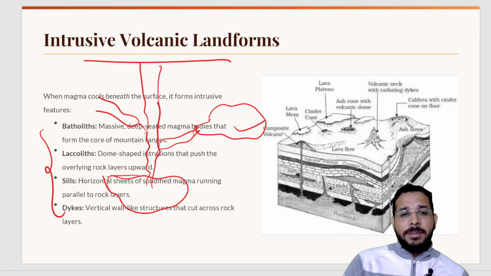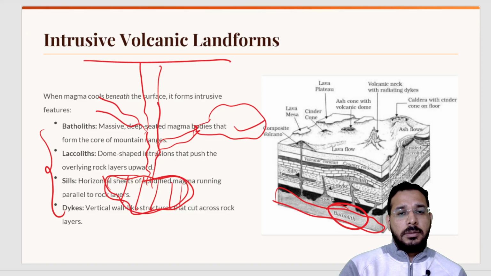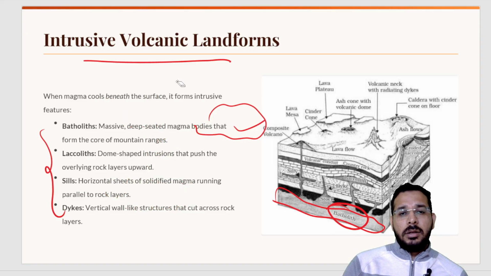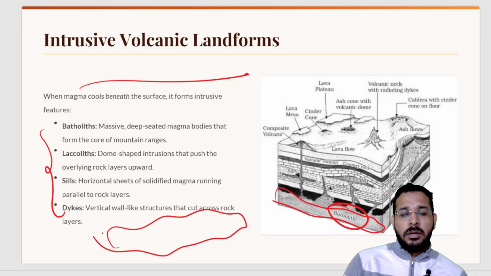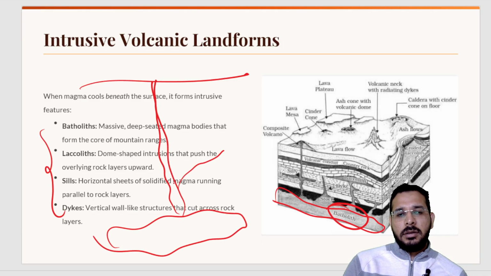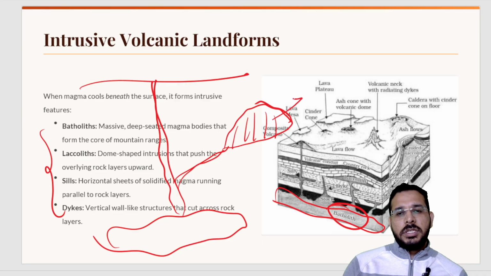So if a big chamber of magma is solidifying, this is called a batholith. Big chamber, if it got solidified, it is called a batholith. Then we have the laccolith. Laccolith means dome shaped. Inside there is the batholith over here, and within this chamber there is some other region where the magma is solidifying in a dome shape inside the earth only. This is solidified now. So this is called a laccolith.